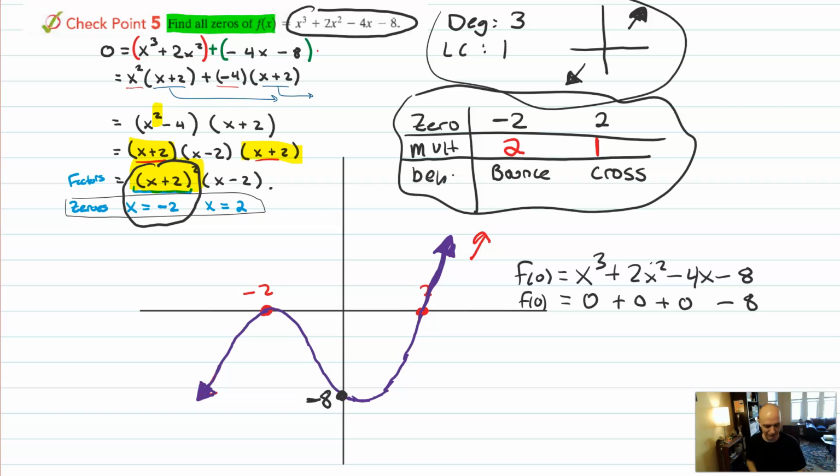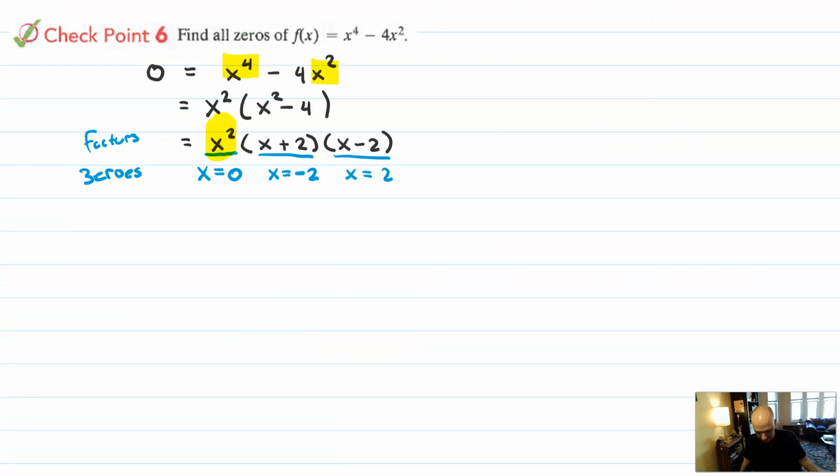It's just another helpful thing. All right, and finally, checkpoint 6. We found the factors and zeros of this. So I know the factors and zeros. And I'm actually just going to work right from here. So I knew the zeros. Their multiplicities